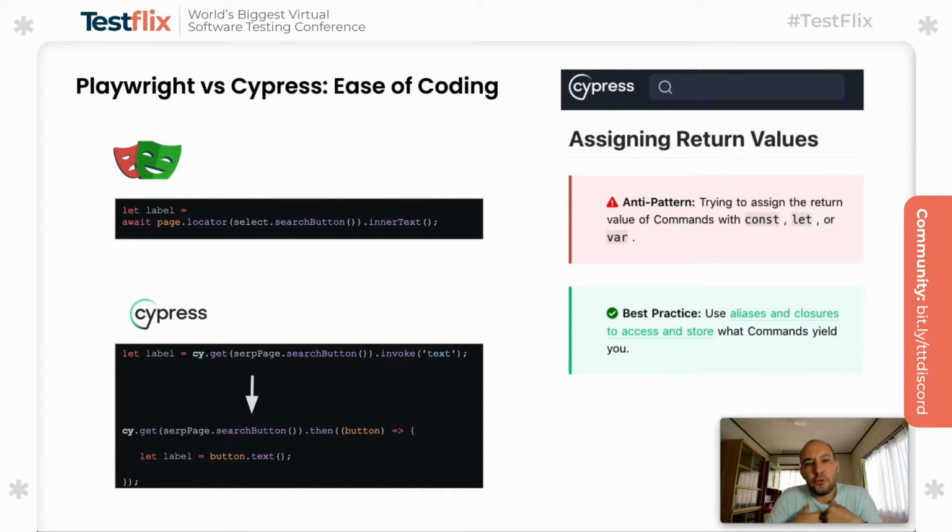Personally, ease of coding was also very important. What I figured out is both Cypress and Playwright work in an asynchronous way, so we have to wait for the asynchronous calls properly. To do that in Playwright is just introducing the await keyword. But in Cypress, it's not that straightforward. First of all, we have to wrap the request, and after we get the response, by introducing then blocks, we should continue with the rest of the steps. So it was introducing some more blocks, and the coding was a little bit more complex in Cypress.